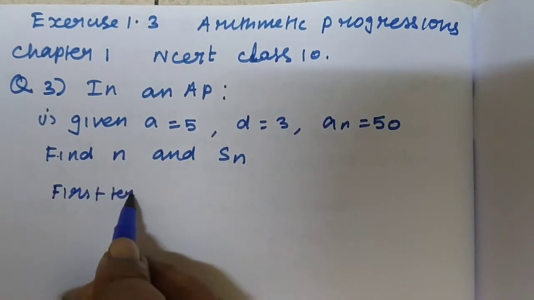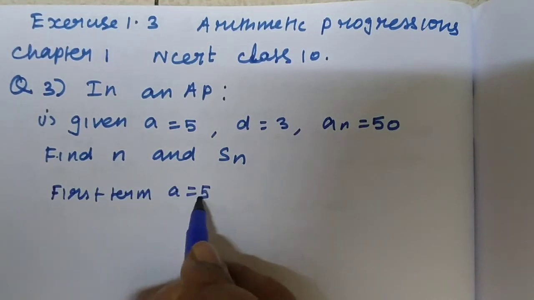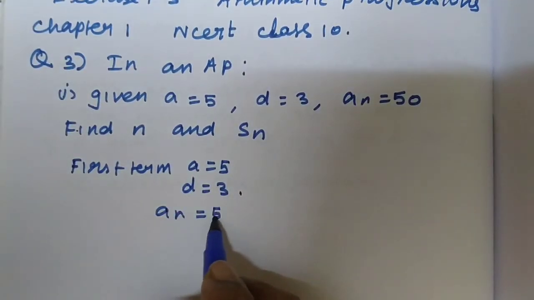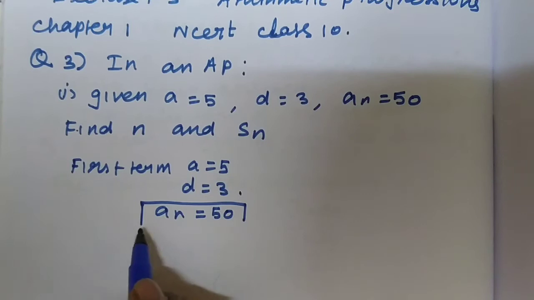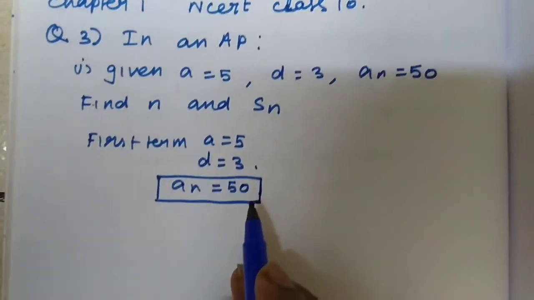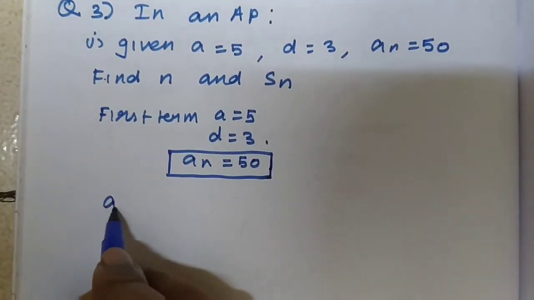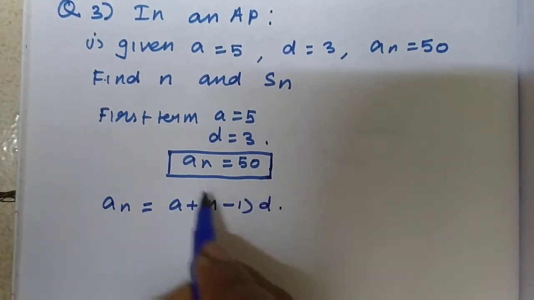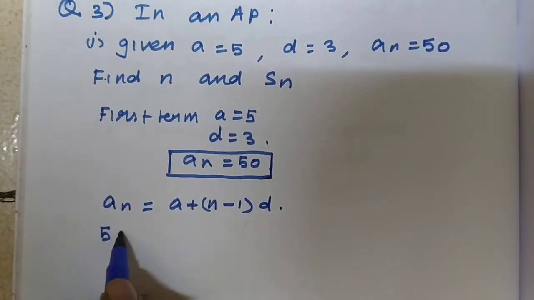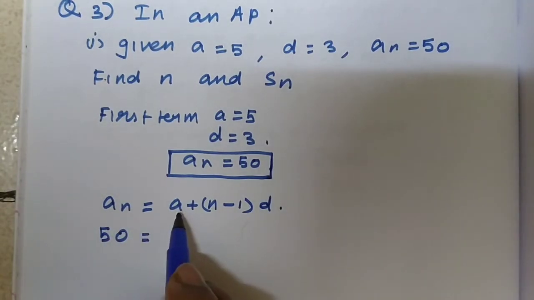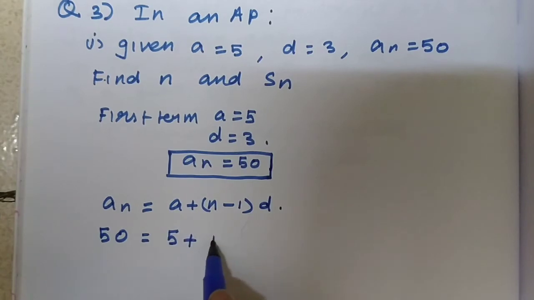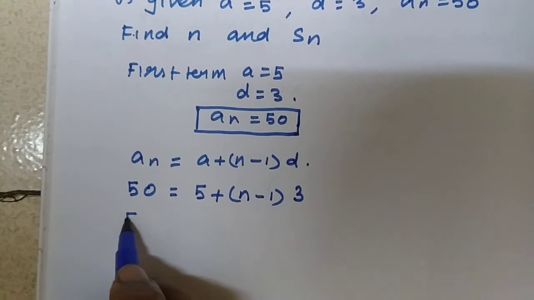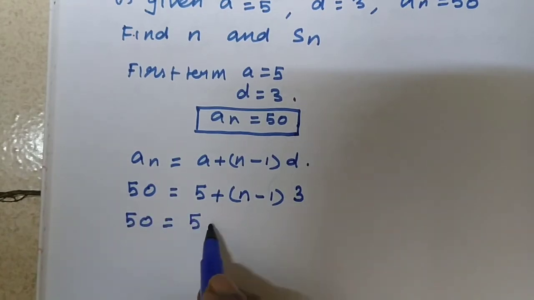First term a is 5, common difference d is 3 and an is 50. Using this an, we can find the value of n. an is a plus n minus 1 into d. The value of an is given as 50. First term a is 5 plus n minus 1 into common difference d is 3. 50 equals 5 plus,